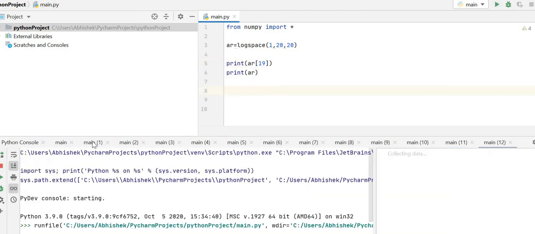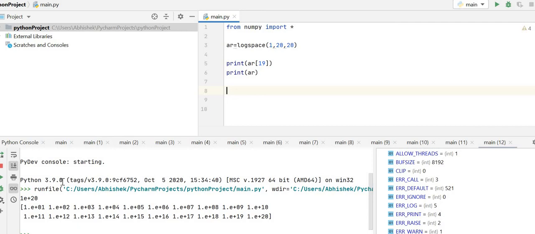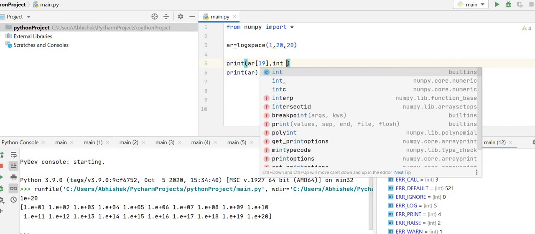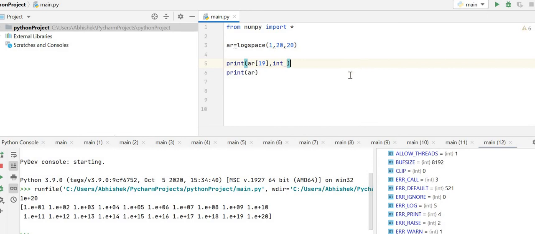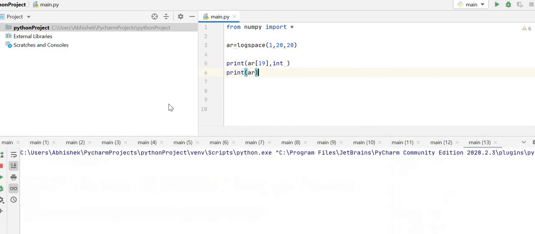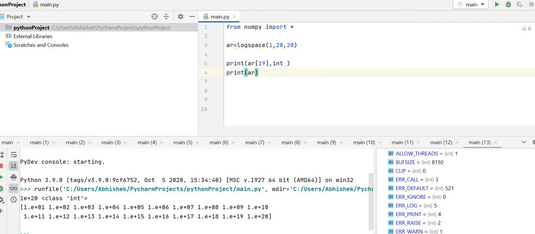Now let's run the code and check what it is. Oh, I need an integer format. So int, you learned it in the beginning of the video only. Oh, so for this I think I can erase this and this also. So for this we need a string value here, which is